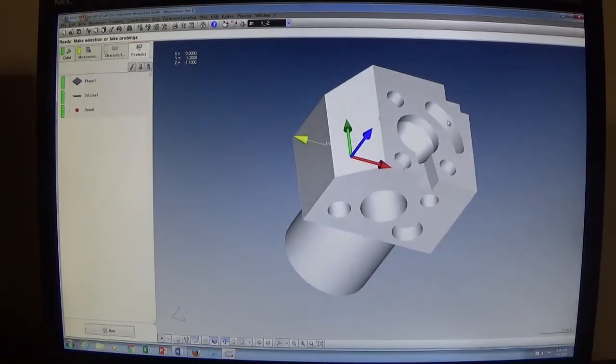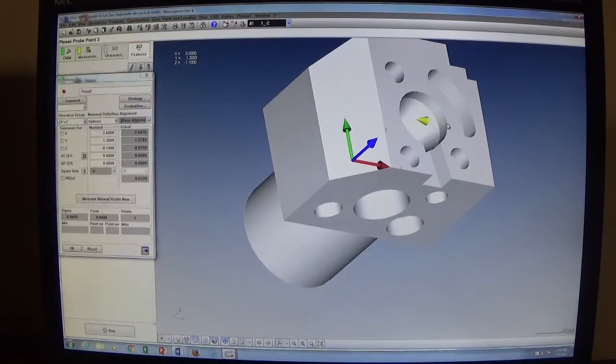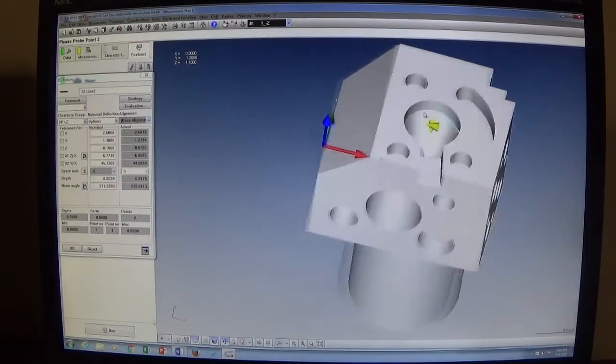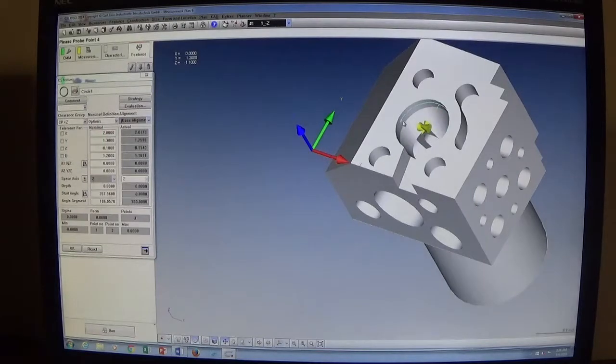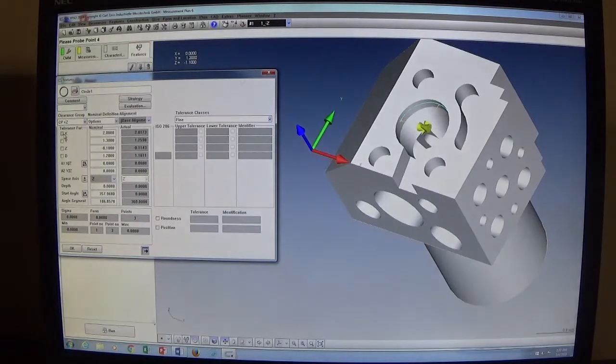So I'm going to measure this center diameter. I'm going to bring it into view and rotate it so that I can see it. I just click on that surface, measuring that feature. It builds that feature in the feature window. I can expand it by selecting this expand button. And now I'm going to report the